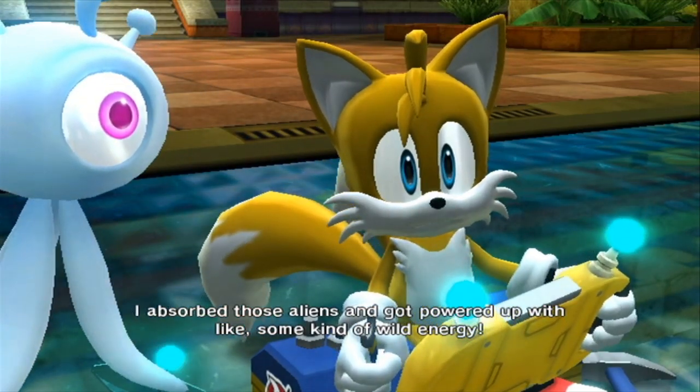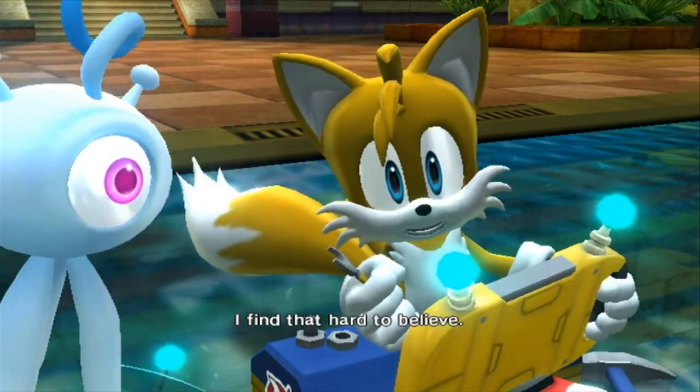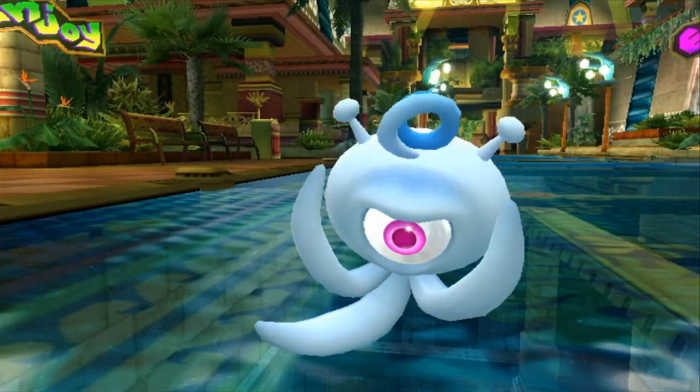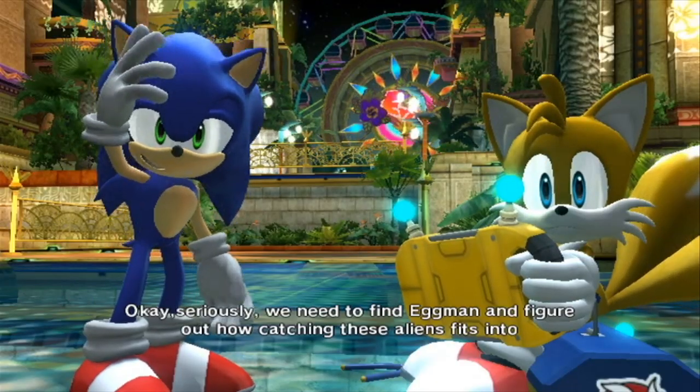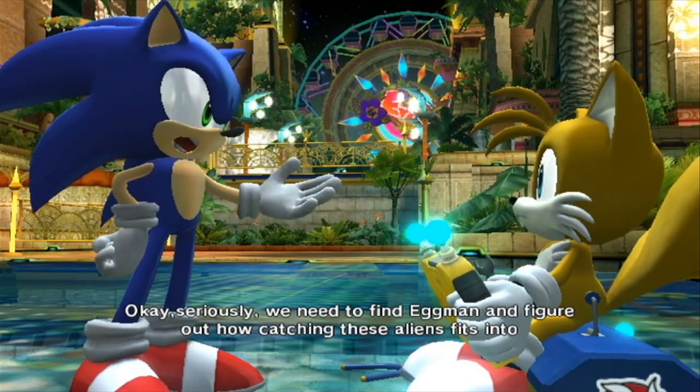Some kind of wild energy. And after a few seconds, they'd pop out of me. I find that hard to believe. Oh, Sonic learned about the game's mechanics. Huh? Okay, seriously? We need to find Eggman and figure out how catching these aliens fits into whatever heinous plan